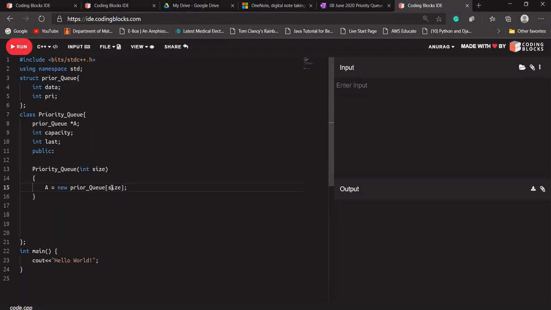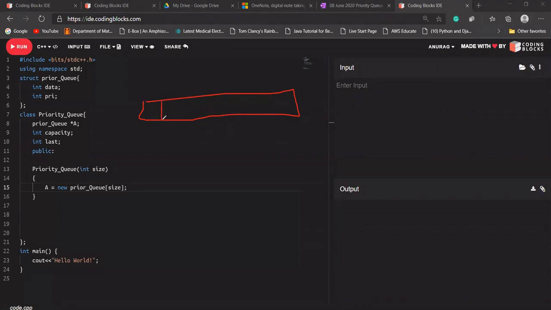Last versus capacity. Let's say this array is there, and the size of this array is 1, 2, 3, 4, 5 and 6. So capacity will be 6 always. It will not be less or greater than this at any point. But in this queue at this point I'm having only two data, 2 and 3.